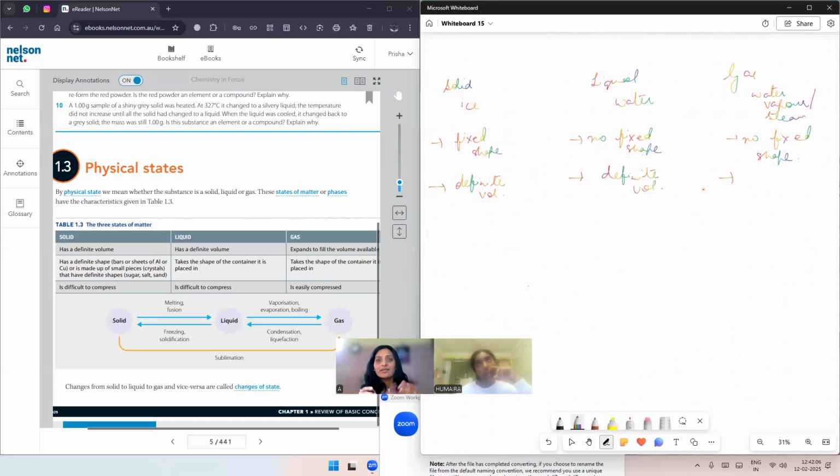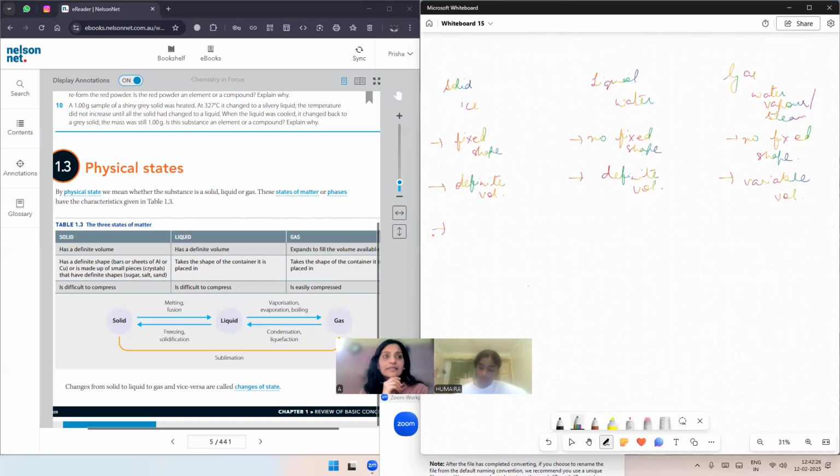But in case of vapors, will it remain the same? No, I think it'll distribute into the air. It is ever expanding, actually. It takes up the shape of the container in which you put it. So here is the variable volume. We're not having any definite volume, but volume will be varying.